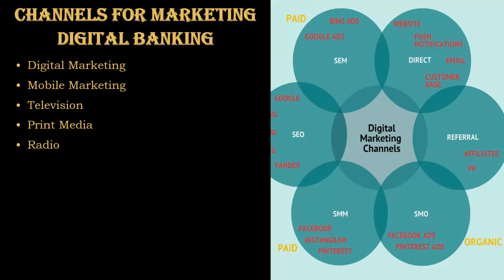Out of home. What is out of home? This is by the use of billboards and posters, placing outdoor advertisements in high traffic areas, bus stops, and metro stations to increase visibility and brand recall. By transit advertising, advertising on public transportation such as buses and metro stations, we target the commuters. With the help of sponsorships, associations with events, conferences, or sports events, we increase brand visibility and connect with the target audience. We also have community sponsorship, such as supporting local community events or initiatives to build a positive brand image.